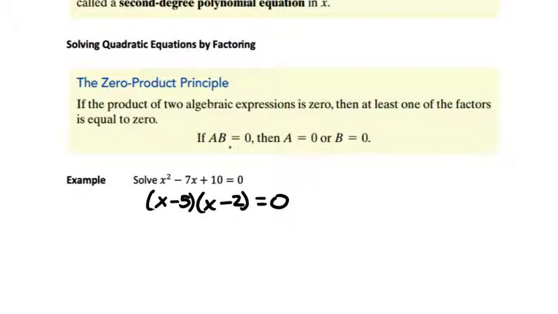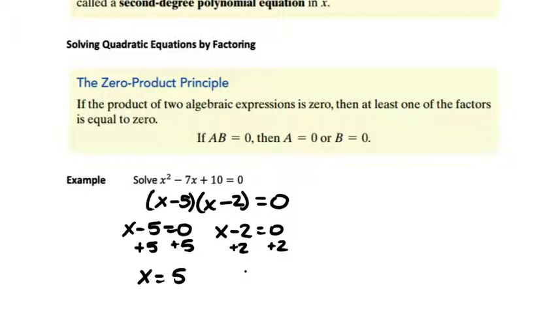Now, using the zero product principle, if x minus 5 times x minus 2 equals 0, then x minus 5, this is going to be a, equals 0, or b, x minus 2 equals 0. So, x minus 5 equals 0. If x minus 5 equals 0, 0 times anything is 0. Or if x minus 2 equals 0, 0 times whatever x minus 5 is will also be 0. Now, what I'm going to do is figure out what x would be if x minus 5 equals 0, and I do that by adding 5 to both sides. So we get x equals 5